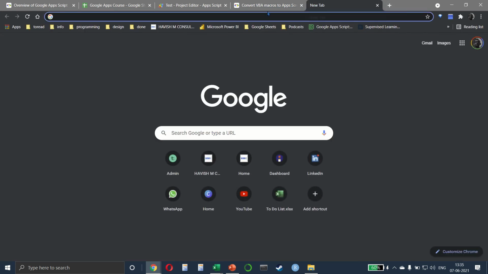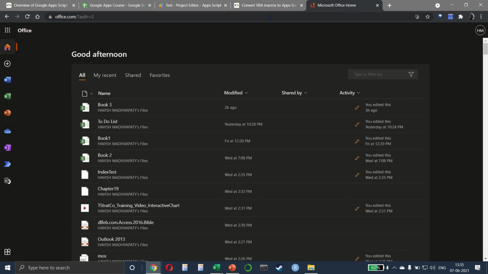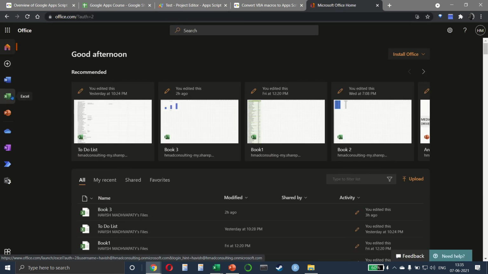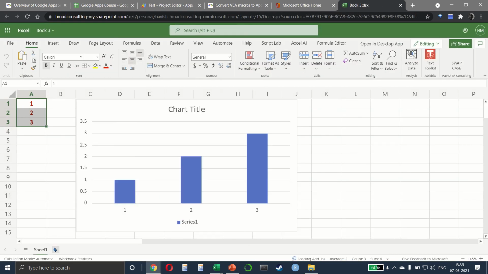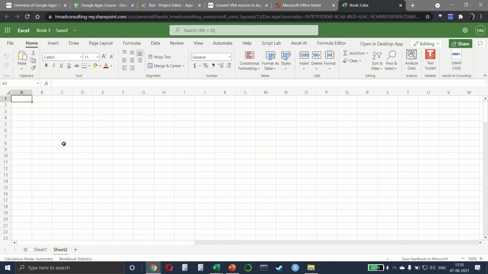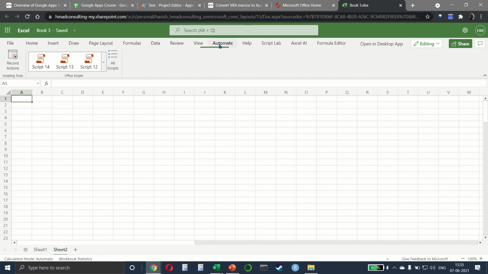Now, the final thing I want to show you is Excel Online. Let me first create a new sheet. Now, do keep in mind that Automate, which I have available on Excel Online, in all likelihood, you would not have this because this is only available for business users of Excel. If you do have a corporate account, even so, it is unlikely that you might have it because your admin has to enable it. So please make sure to speak to your IT administrator and ask them to enable Automate for you. Let us see how this works.